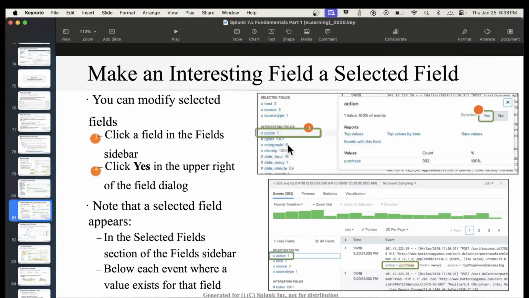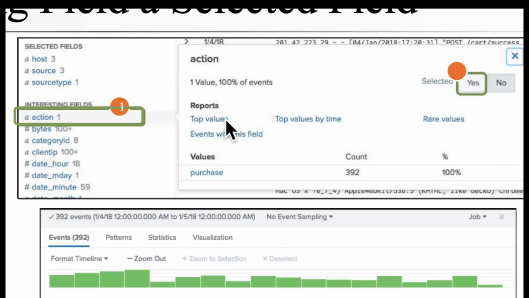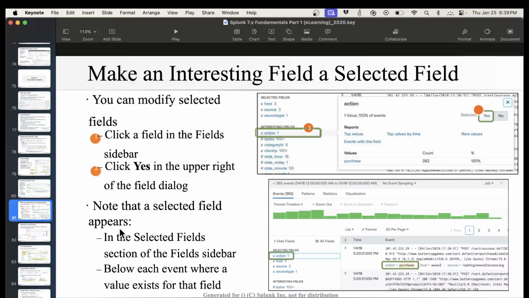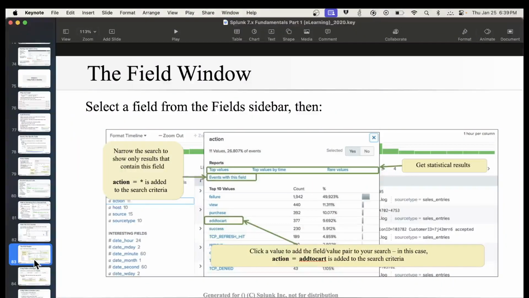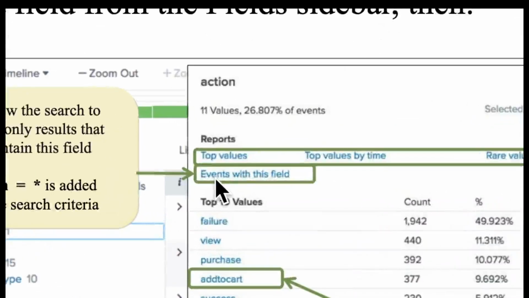All right, when you click any field, it will pop up a little box letting you do things with that field. You can look for the top values, the rare values, events with this field, or so on. You can choose to add it to the query. And you can do everything just by typing in the command line, but then you would have to spell it right and get the syntax right. This is just a GUI to do the typing for you. And we'll use it quite a bit in the demos I'm about to get to. All right, and to make any field selected, you can just choose to select it, and it'll add it to the first type. All right, so if I choose